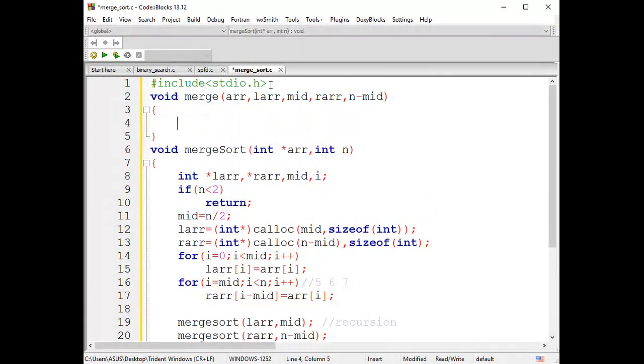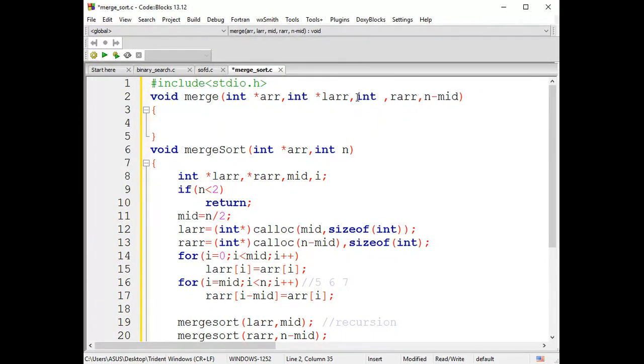And here you're going to have the merge function. So let me declare the arrays whatever is required. Let me declare int star arr, followed by int star your left array, and here this is the size of your left array. So let me keep it as L size instead of keeping mid.